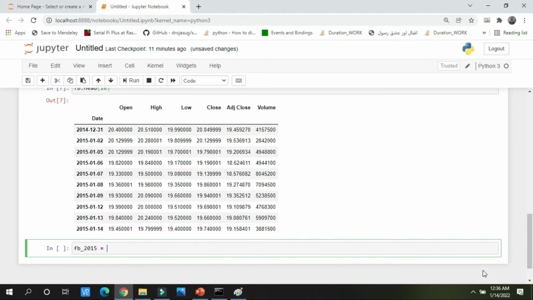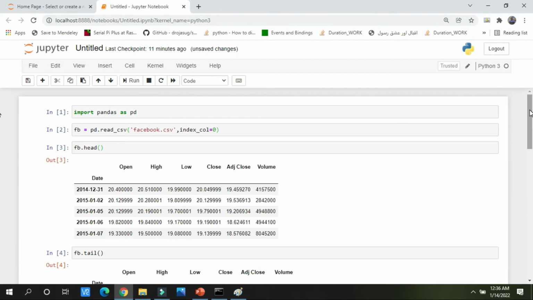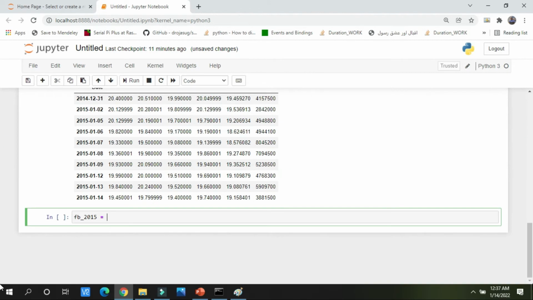So where is the whole data? You all know the whole data is stored in FB. Now I will write FB, and I am slicing the data by using labels, so I will use the function LOC, which is used with square brackets.